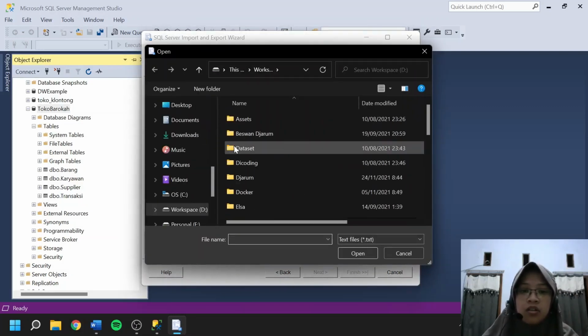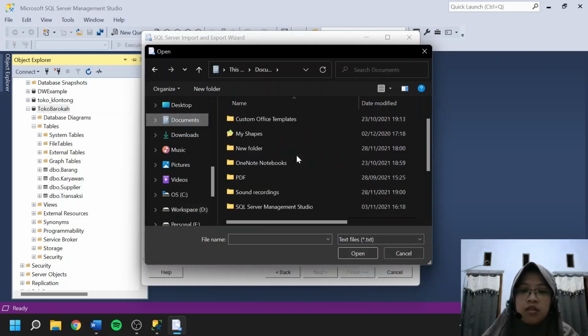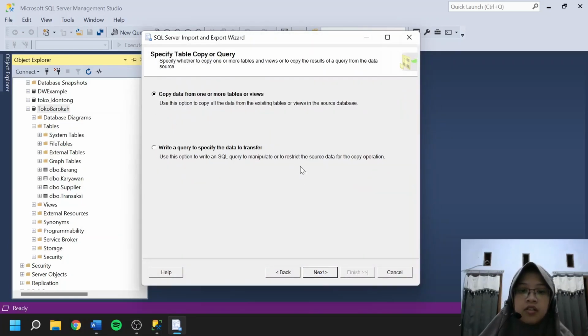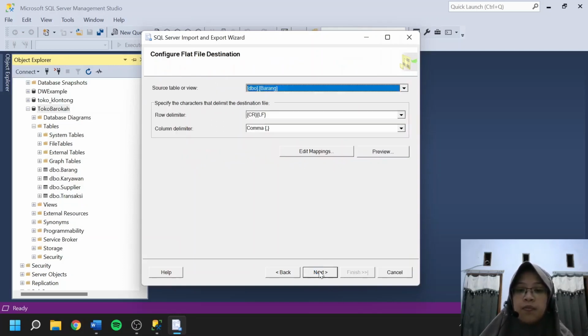I will save this CSV into Documents and give it the name karyawan Toko Paroka, then click open and click next. We can just click next again because we copy data from one or more tables or views.